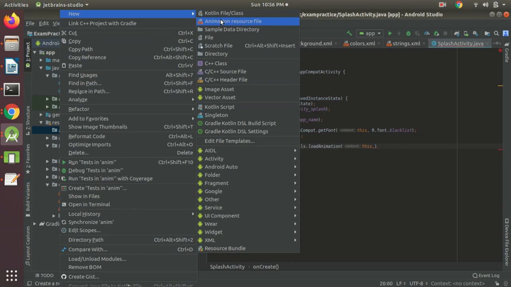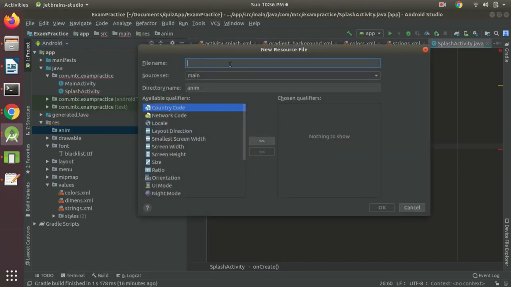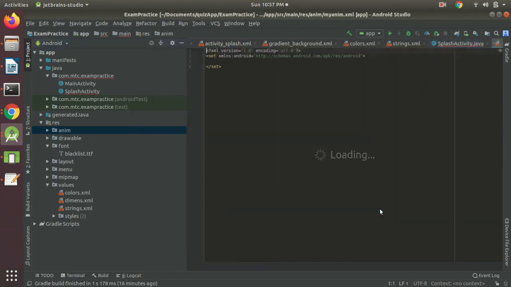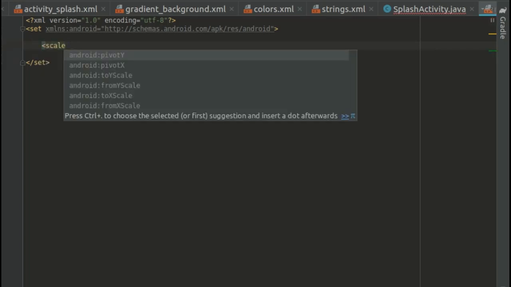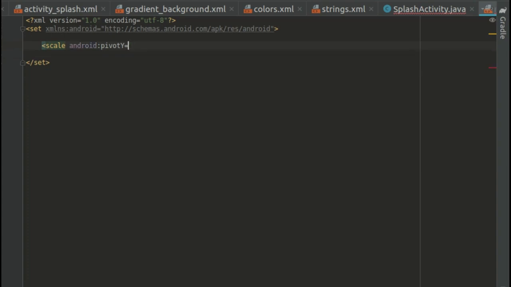Click on this animation resource file. Now we will name it myanim. You can name it anything you want. Now click on ok. So this is our animation file. Here we will create a scale, and we will scale our text view from x scale